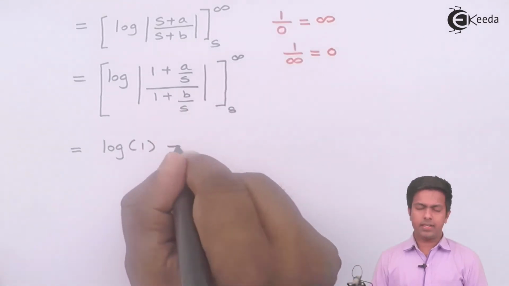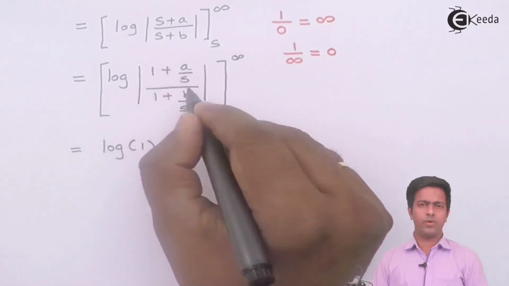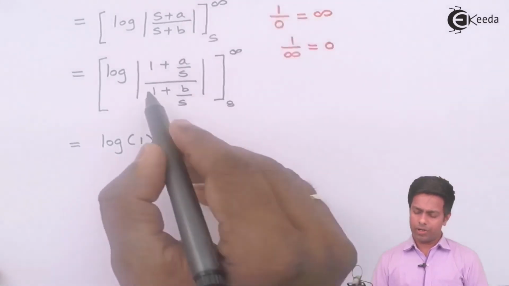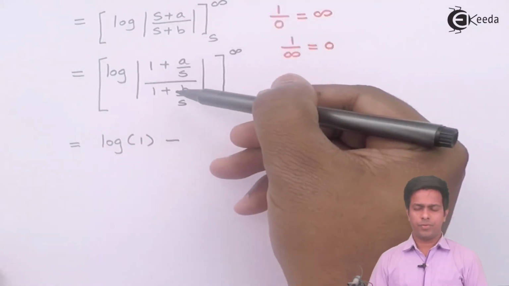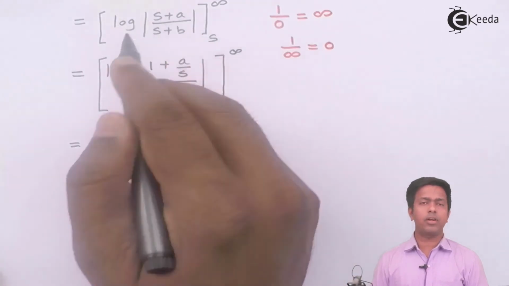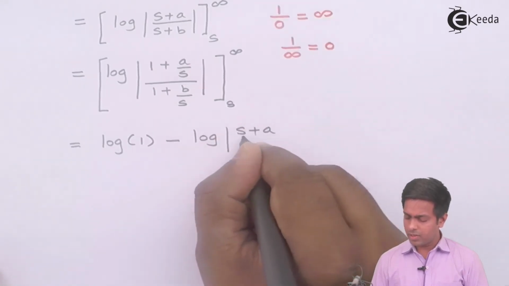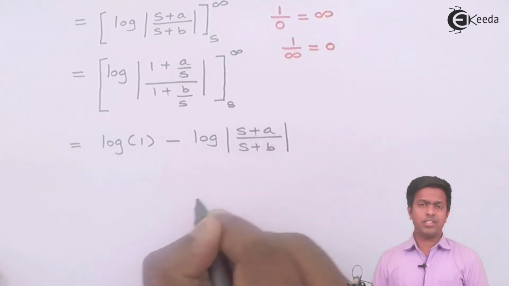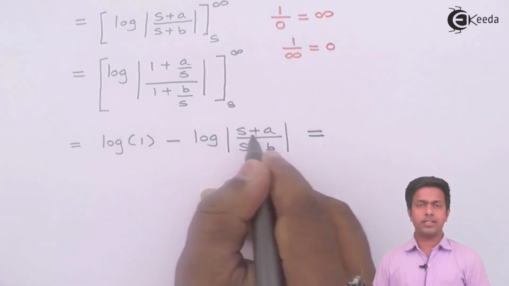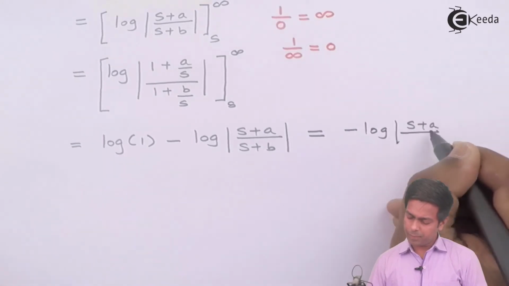Now middle sign minus, let's put lower limit, that is s. So if I put s as s, I'll get the same value. If I'm getting this value, and if I simplify this, I'll get this value, because I got this value from this step. So instead of writing this, I'll write log of s plus a upon s plus b. So it is log of s plus a by s plus b. Now guys, you all know that log of 1 is 0. So we will get 0 minus log of this. So negative log of s plus a upon s plus b.